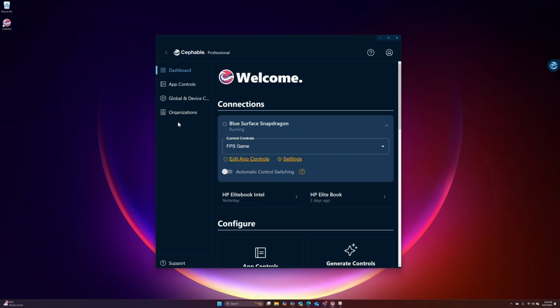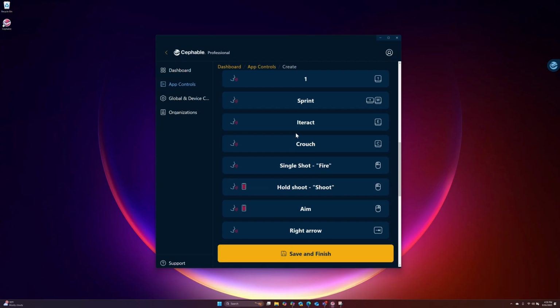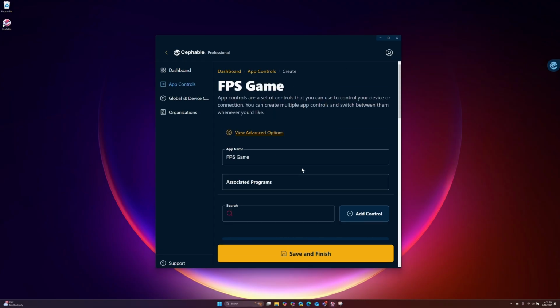These come out of the box with different types of commands for things like aiming, different numbers, sprinting, movement, and more. But each game has different types of controls too. So let's say, for example, we were going to make custom controls for Valorant using this existing template. I'm going to go ahead and take this template and call it Valorant,